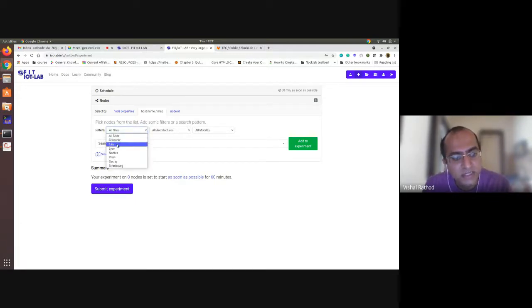Suppose I want to select Lille, and I will select the particular architecture. These two things are required, because if you do not select them, it will show you the map of all the sites and all the hardware. So you have to filter by site and architecture, meaning a particular node type, and then just click on view, select nodes and map.